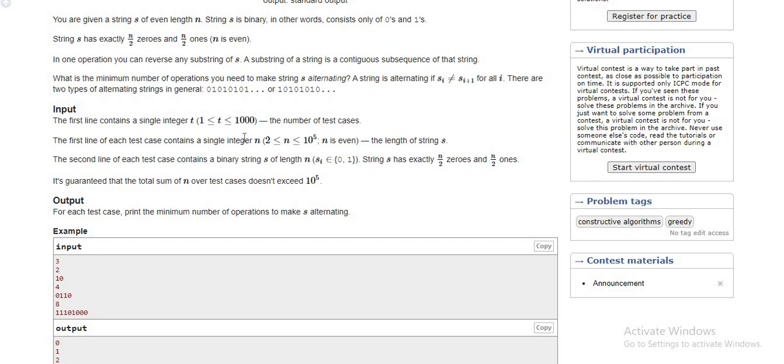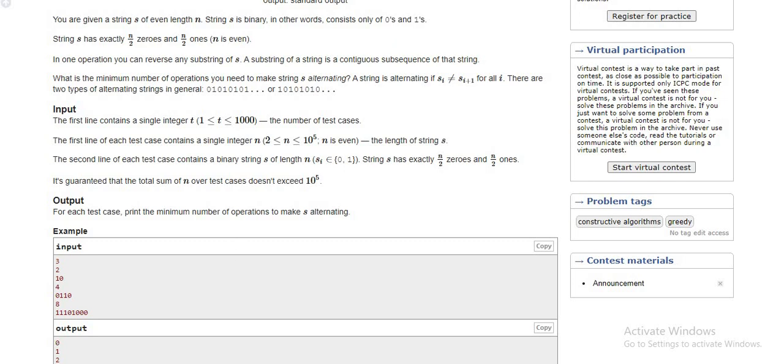Before putting it into stack 2, we check if stack 2 is not empty and contains the opposite, alternating element. In that case, we can pick it up from stack 2 and add it back to stack 1, and on top of that we add the current element. Okay, so that is the idea. But if stack 1 contains the same element as the current element, and the same is the case with stack 2, meaning stack 2 also has a peek element matching the current element of the string, then we just add it into stack 2 and increment the counter by 1.